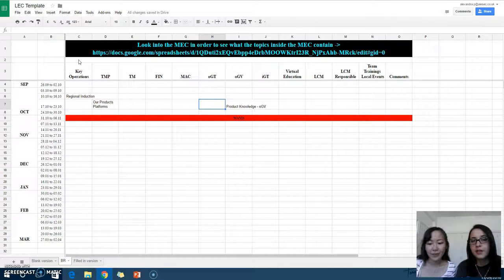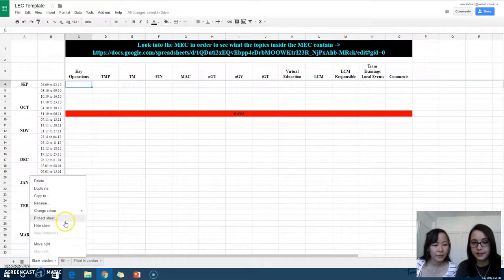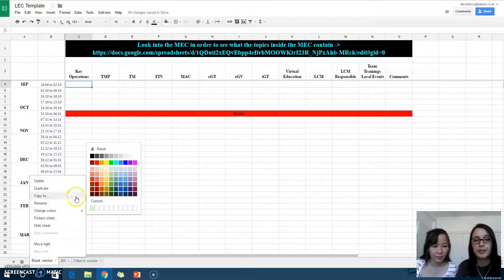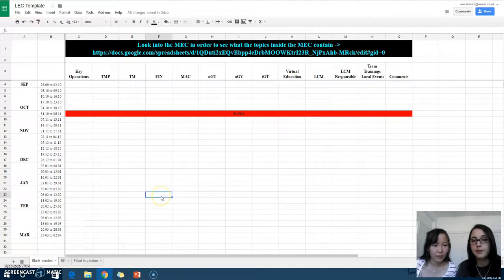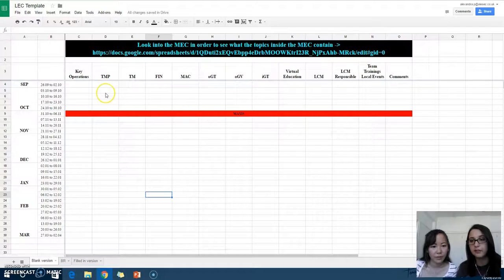Okay guys, so let's go into activity space right now. And what I want you to do is, as you've seen, duplicate your sheet. Right now, just pause me, duplicate your sheet and rename it after your entity. It's okay, we're still going to be here. And after that, just do the steps you've seen: go into the MEC, check general knowledge, and put it in your entity, right now. We're waiting.